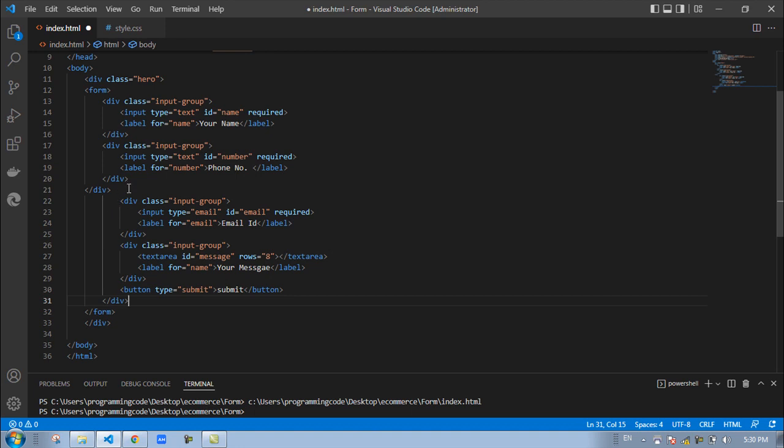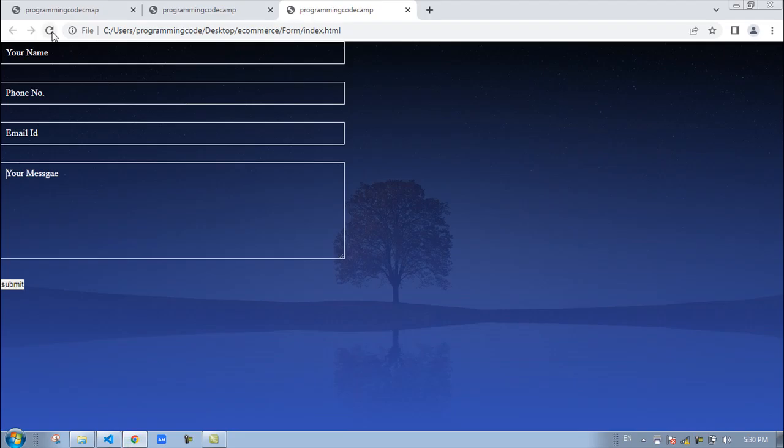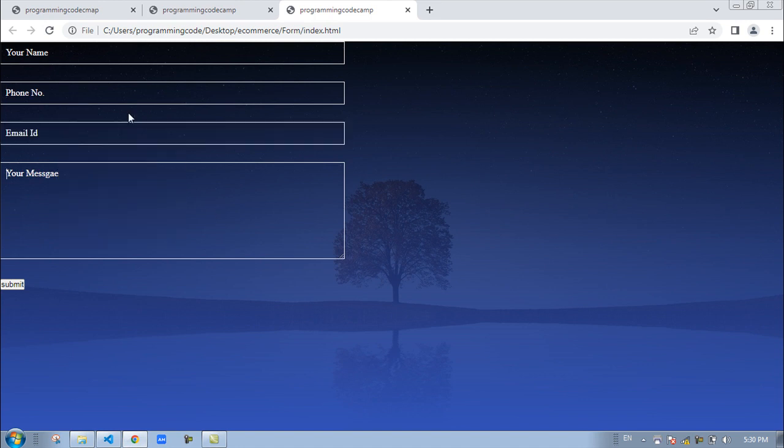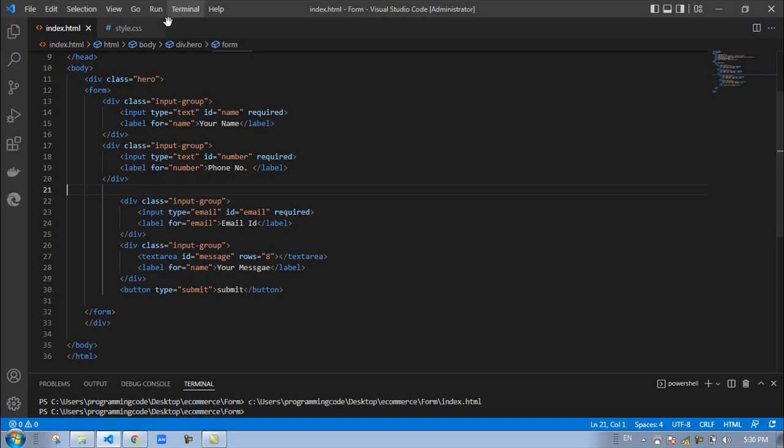This extra div we should delete, and this one we should delete. If we now save, you can see this. I've created such a contact form, so we should come back to the CSS file